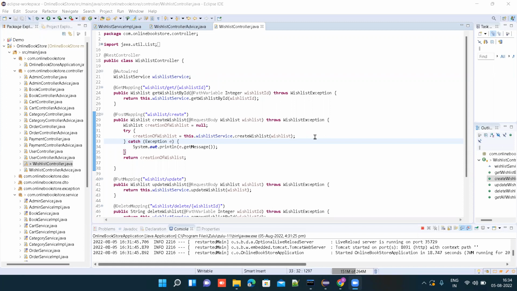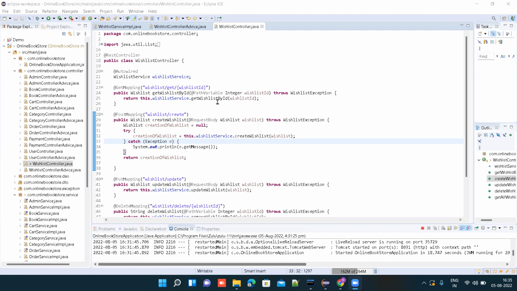So sir, basically we are making one project, an online bookstore. In this we can sell books, do payment, and place orders. We have performed many functionalities. I have performed functionalities on the wishlist. In the wishlist controller, I did autowiring to achieve loose coupling between the wishlist service and the wishlist controller. We are also using many HTTP methods like get, post, put, delete.